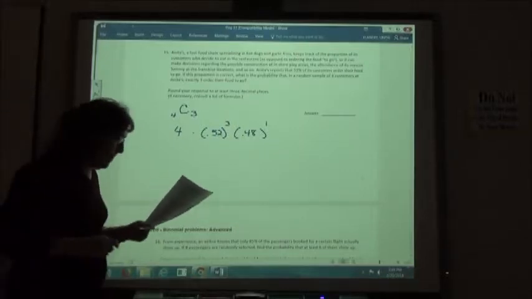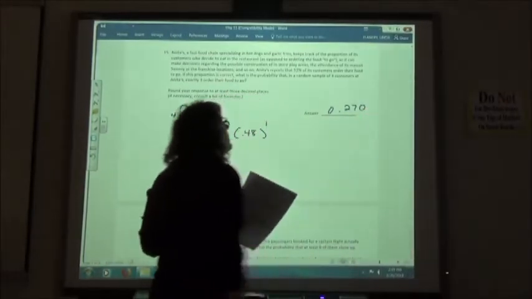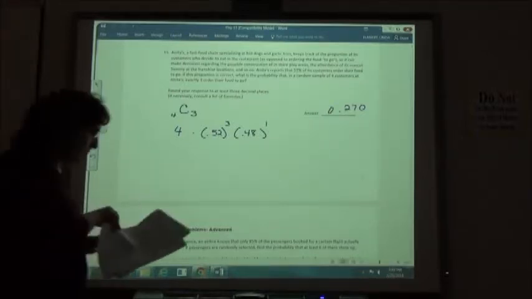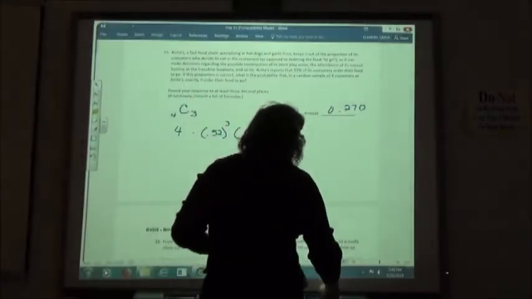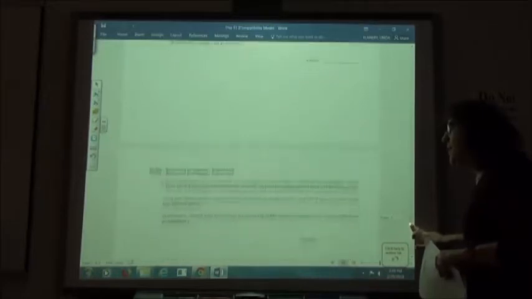0.26 or 70. 0.270, yep. That's what you should come up with. Okay? And the last three. These are the ones that I'm going to show you a shortcut if you log on